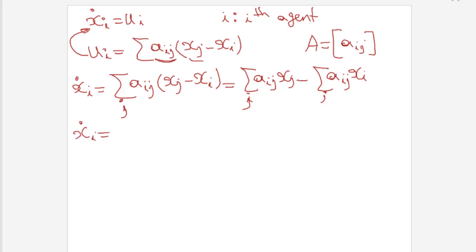Okay, xi dot equal to minus xi, this is summation on j. You can change the position of xi. The sum of aij on j, plus